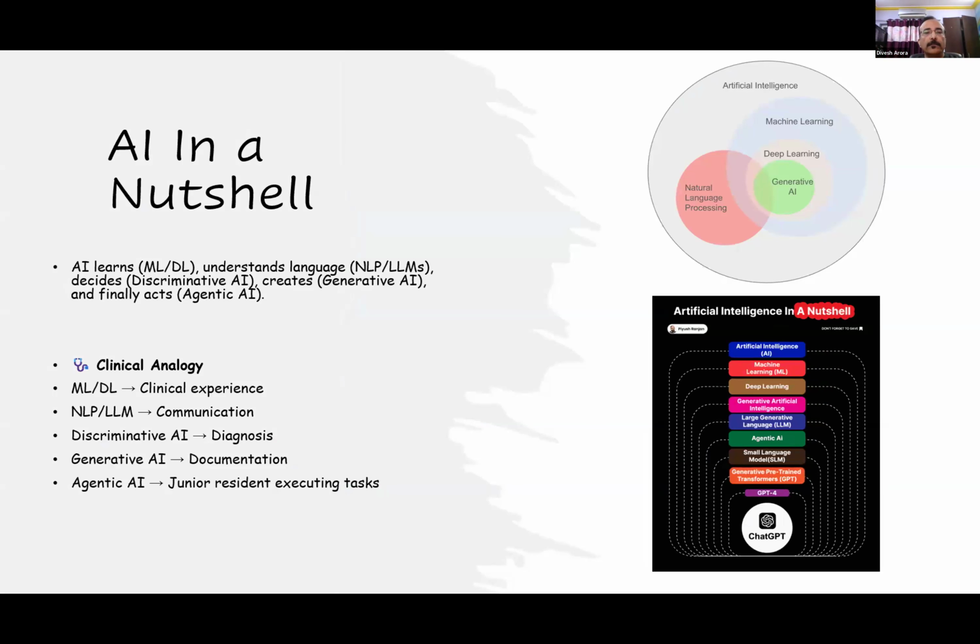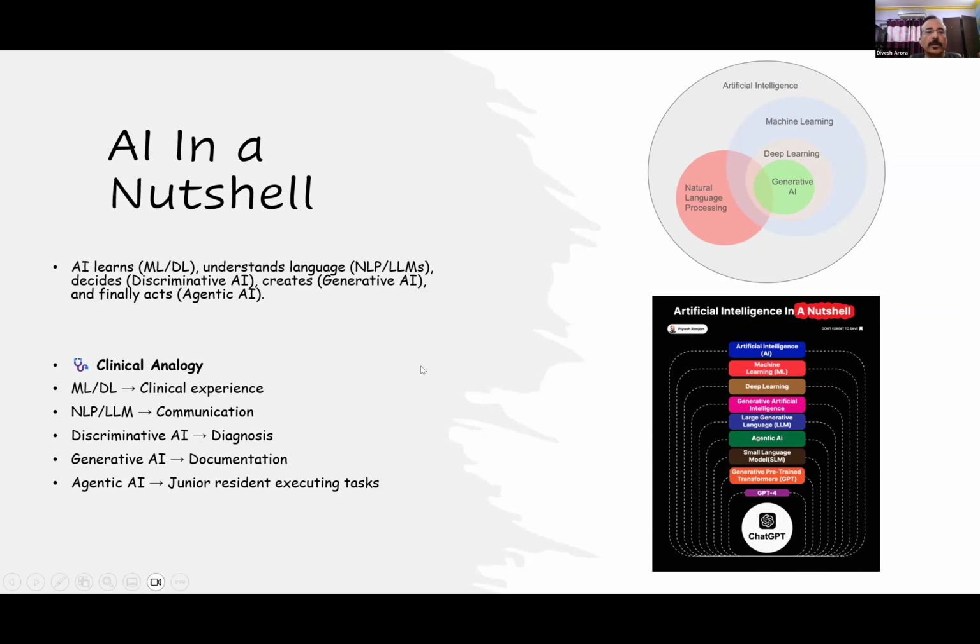So AI in a nutshell, my dear friends, let's understand: the umbrella term is artificial intelligence. Under its basket, we have machine learning. Deep learning is a subset of machine learning, and deep learning is supported by natural language processing and large language models. And we get a combination of generative AI and discriminative AI. At the heart is agentic AI, which is the most advanced. These two diagrams, I think, would help you in understanding what I've said up till now.